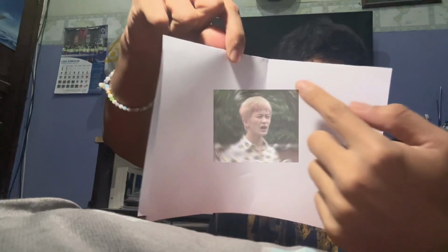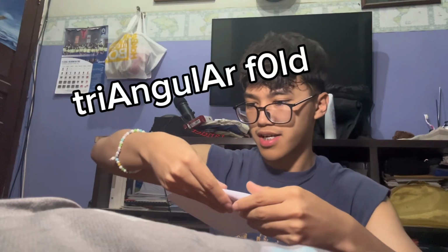And then you can see the mark over there. So it just indicates the middle line, because we're going to use the middle line as reference for our next fold. So you're gonna make a triangular fold. 2 triangular folds. I don't know if that makes sense, but